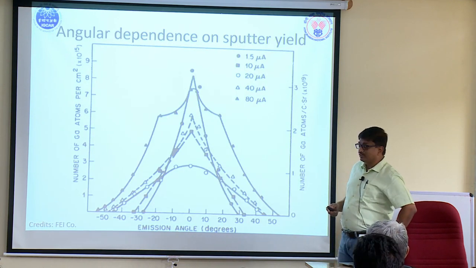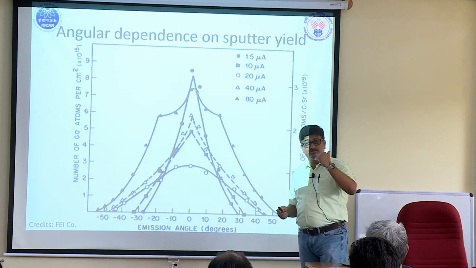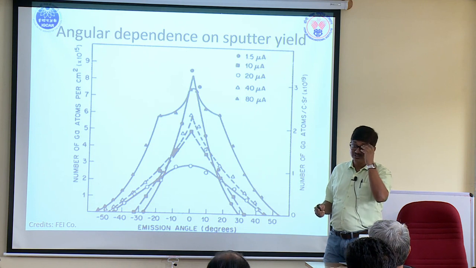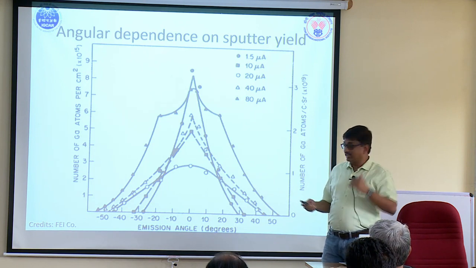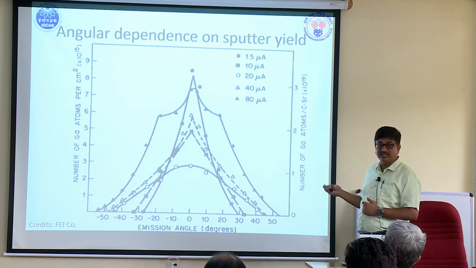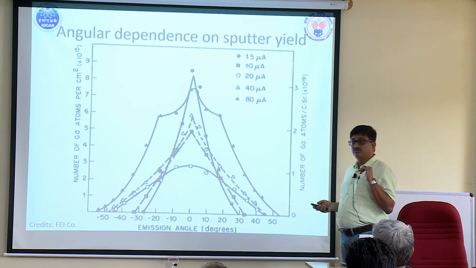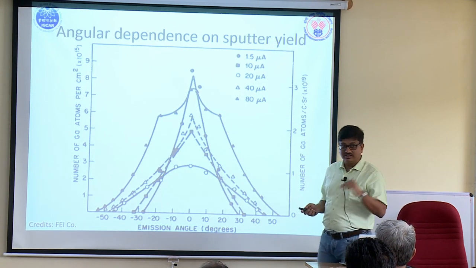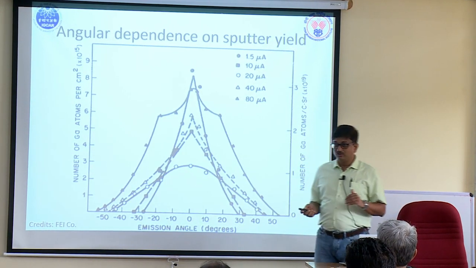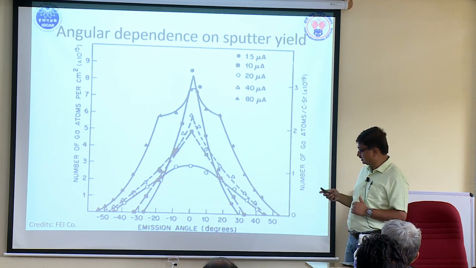So this is very important as you do the 3D EBSD: what angle you are going to put, what is the geometry you are going to use. So it's extremely important. As it happens here, you can look very carefully. What it shows is the number of atoms per cc, per steradian. So it basically peaks at 0. So always you have to cut end on. Gallium should come end on. Don't choose any other angle in order to cut. That will have the maximum efficiency for the cutting.